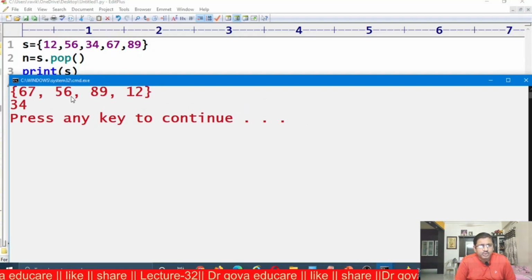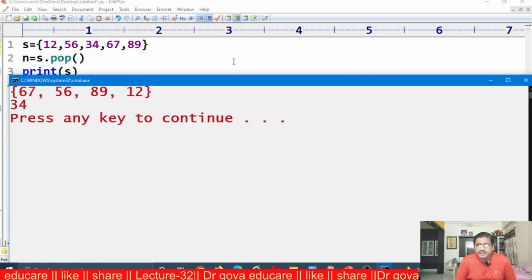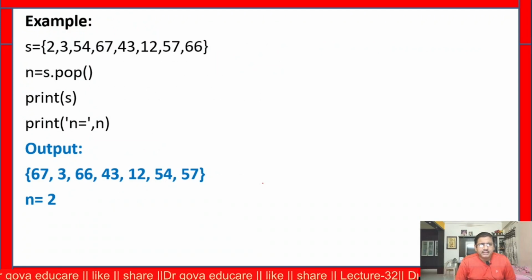To know which element was removed from the set, we use N is equal to S dot pop. That pop function returns the popped element from the set. That element is stored into the variable N. This is the example: N is equal to S dot pop. That is N is equal to 2. That means in this example 2 is the popped element. The popped element is not present in the output.